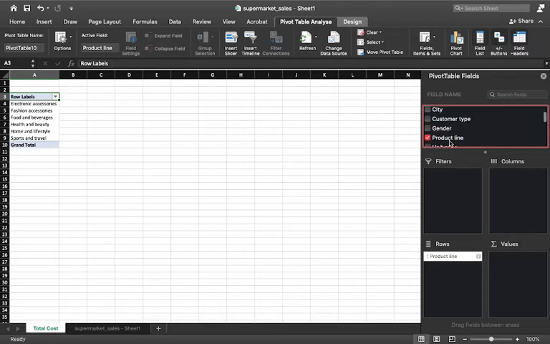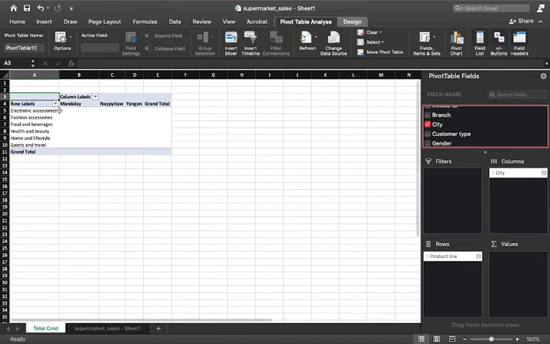So what I'll do is, say I'll add the city in this columns. So now I have my cities. I have my cities as the column and the products as my rows, and I need to choose branch also. So I can put this branch attribute in my columns also as well as my row also.